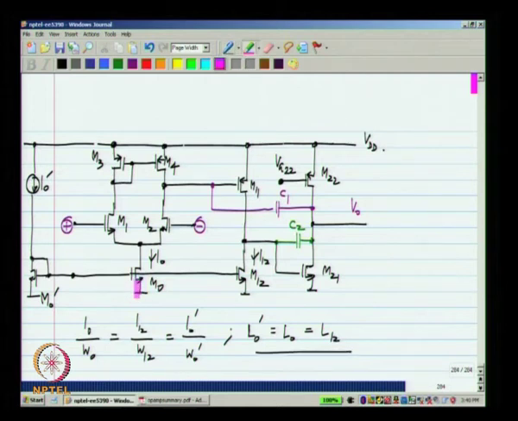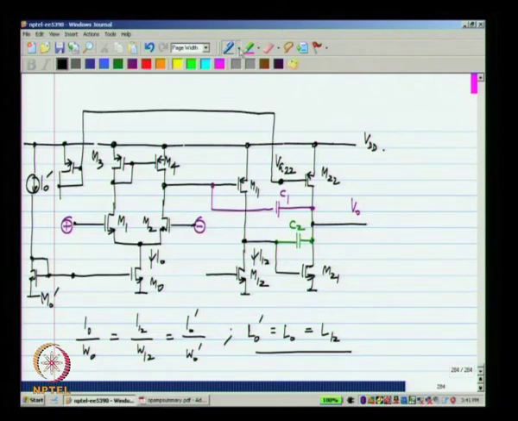Now, let us say that we did not want to make the length of M0 and M12 equal to each other, then the best thing to do is to not use a common biasing line for M0 and M12, but bias this separately from another diode connected transistor. Similarly, VG22 has to come from some diode connected transistor, which also is the same in length, and the width ratio is such that the current ratio is as required.